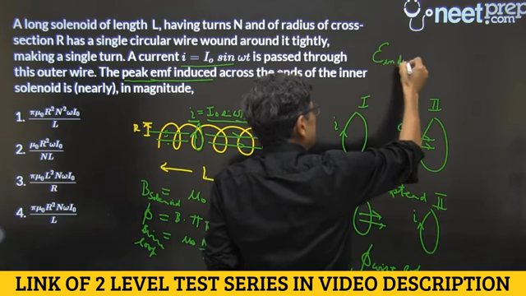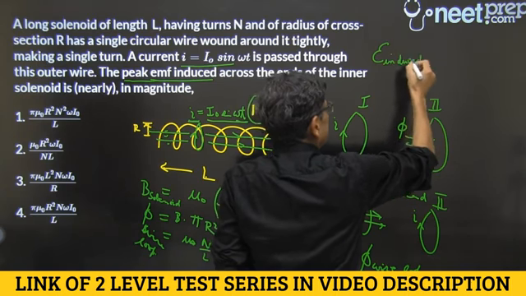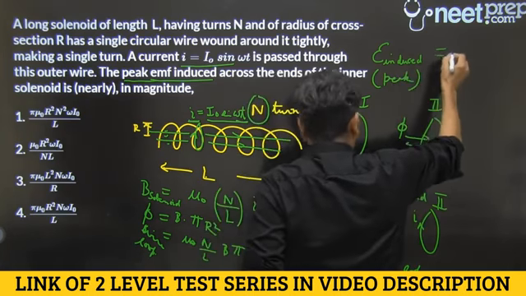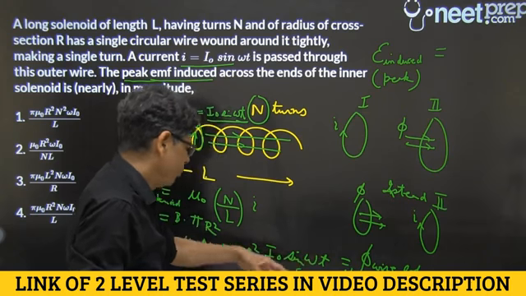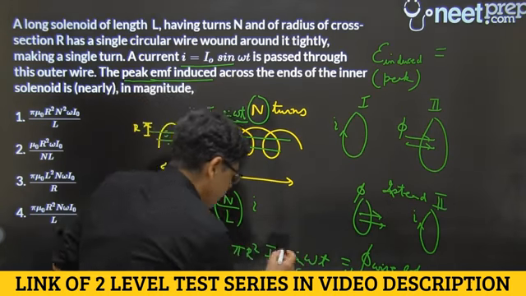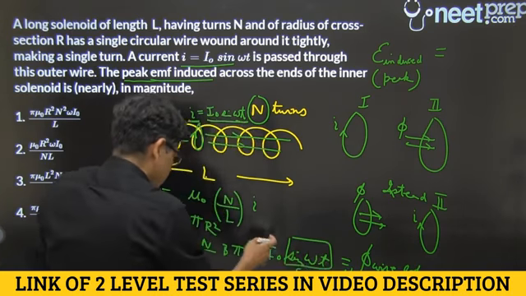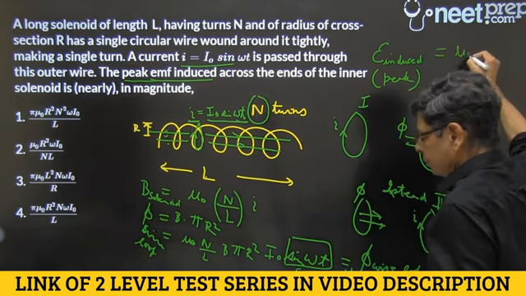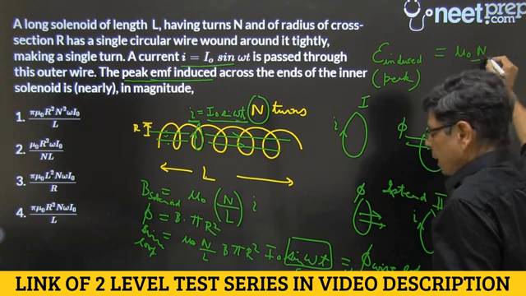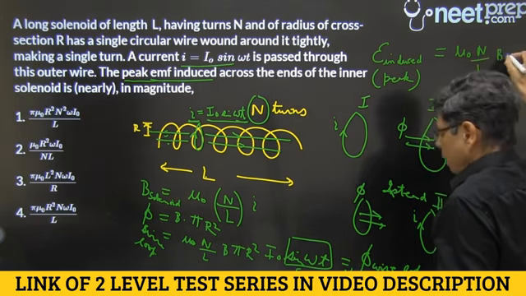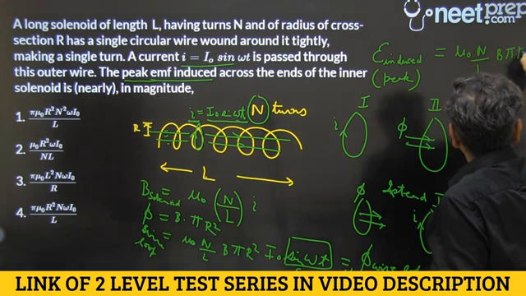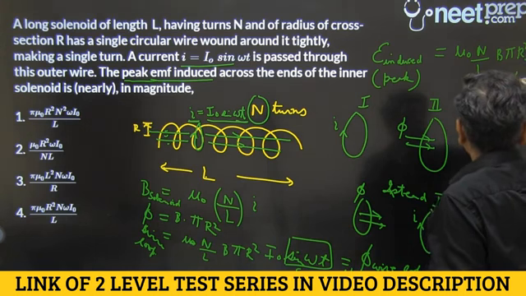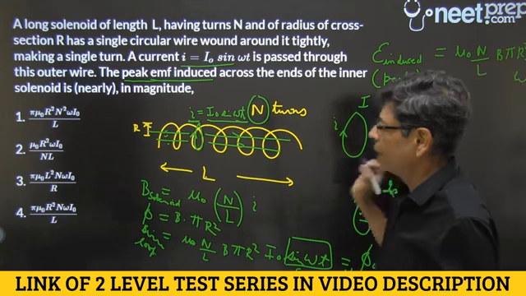I don't want to write so much, and so E induced peak value, maximum value, that will be equal to, वो जो cos वाली term आएगी उसको 1 कर देते हैं. So all that we'll get from this part will be omega as a multiplier to this. So let's write what's the answer. Answer is mu naught N by L pi r square I naught, and there's no space left, so I'll write omega here. So that's the answer. Omega is the multiplier.